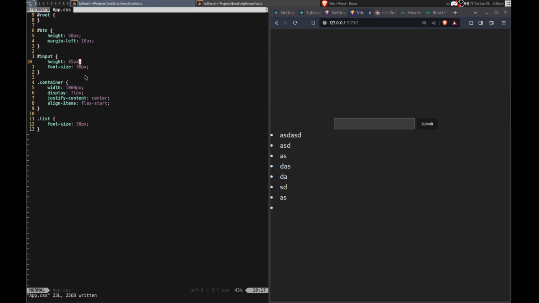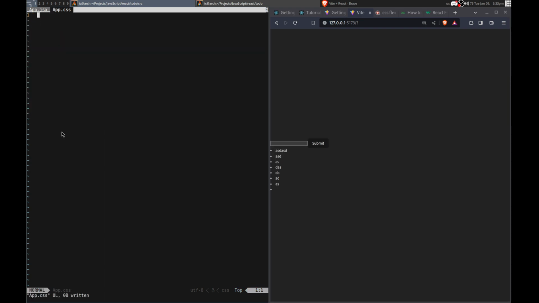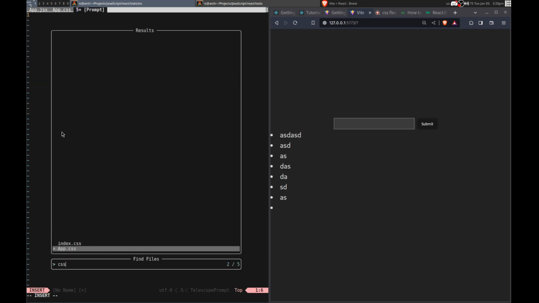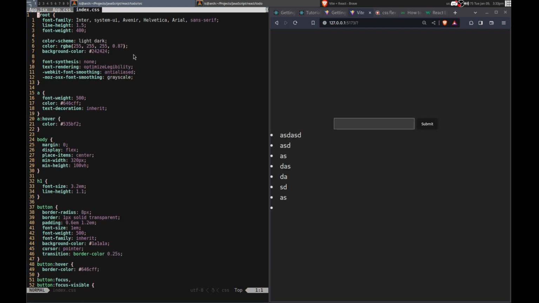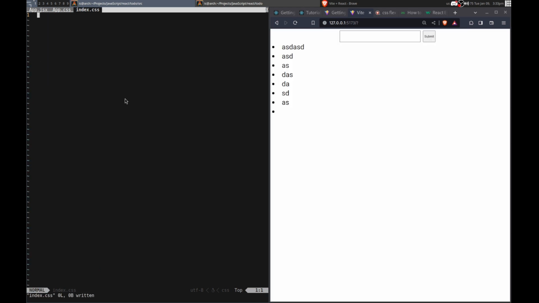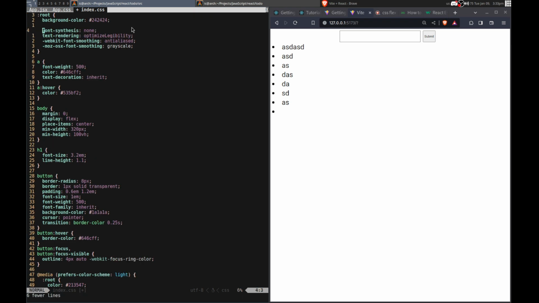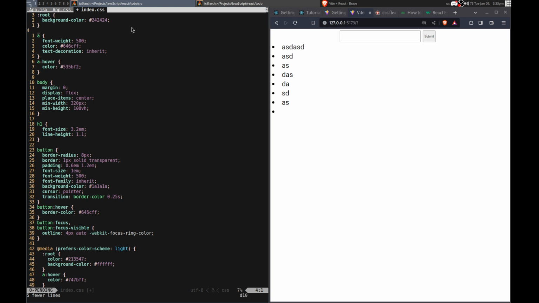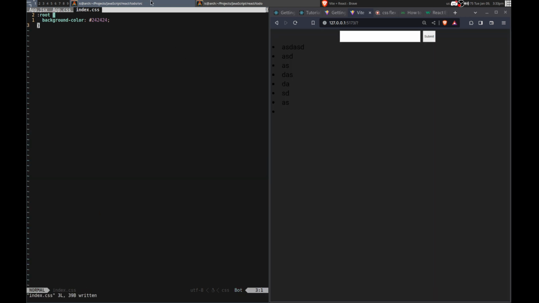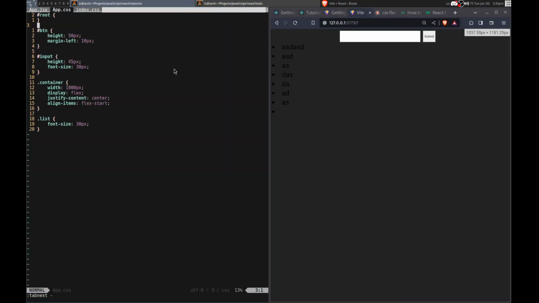What is this? Get rid of all this. Temporary. Where is everything? Yeah, why is it over there? I don't get that. Do I have more CSS? Next CSS? Is it this doing stuff? What if I delete all of this? Yeah, that's way better. Leave it like that. I just need the dark stuff. How do I set the background? Background color like that. Everything else I can get rid of. There we go. Okay. That is better. Now I actually understand what's going on.